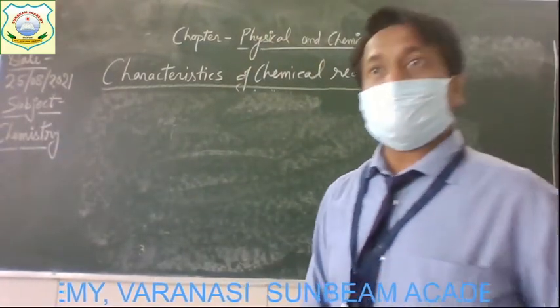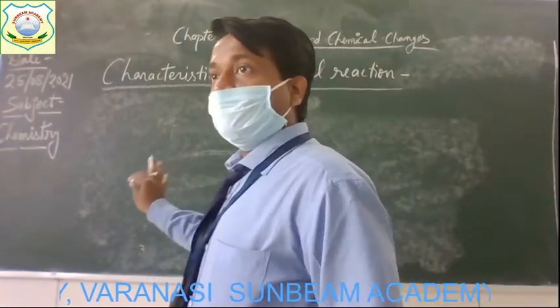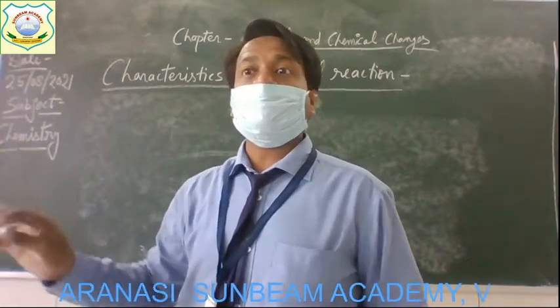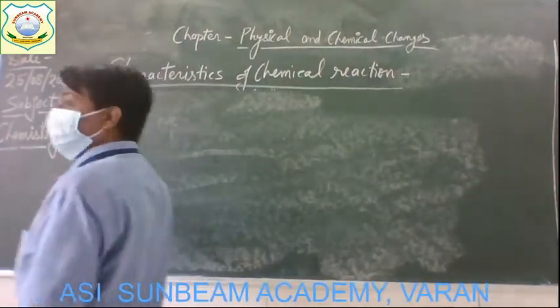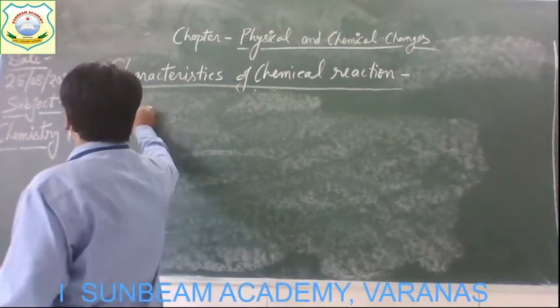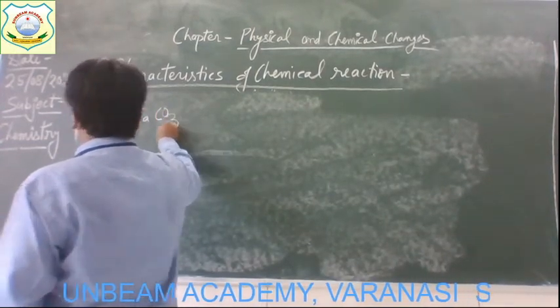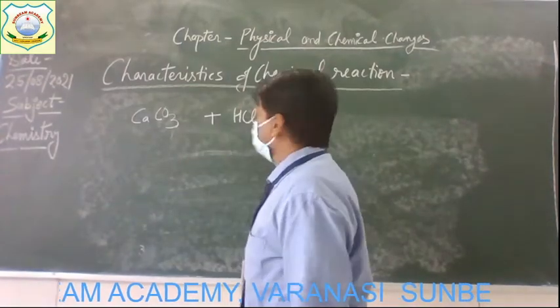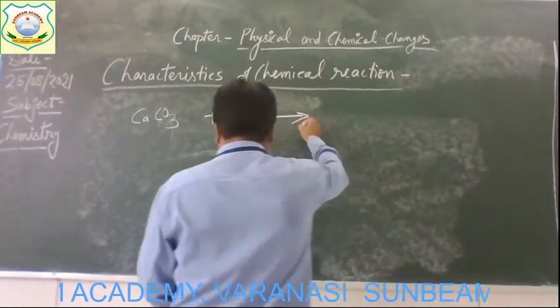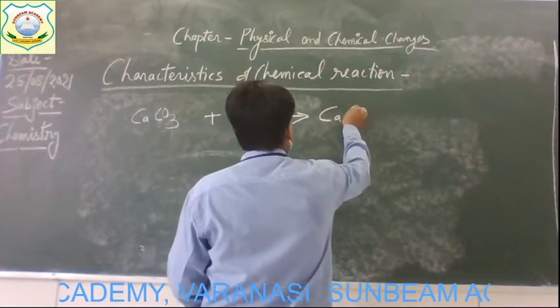You can write the chemical reaction of this activity in which we have prepared carbon dioxide. How will you show it? With the help of a chemical equation: calcium carbonate plus HCl gives calcium